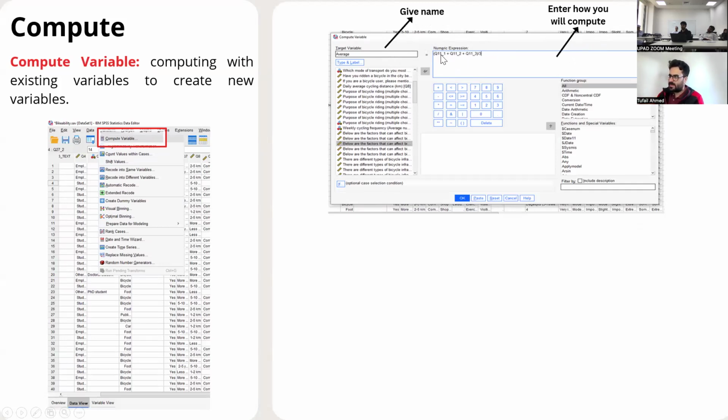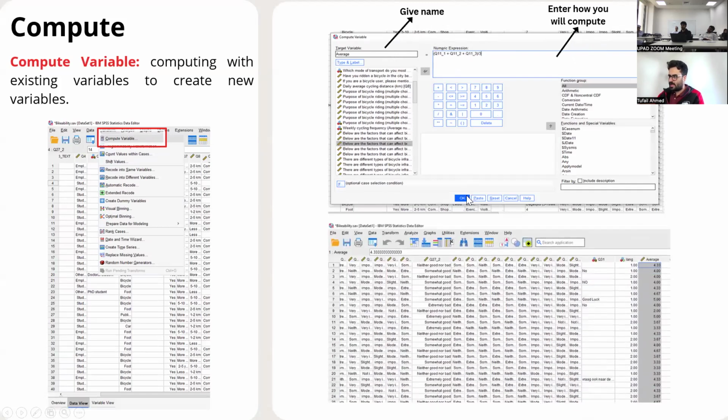So I have added up, let's say, 1, 2, 3 and divided it by 2. I will just simply click OK, and my new variable will appear, computed. Pretty simple. If I want to add a new variable, I can use a mathematical expression.